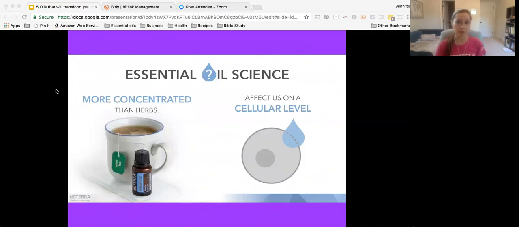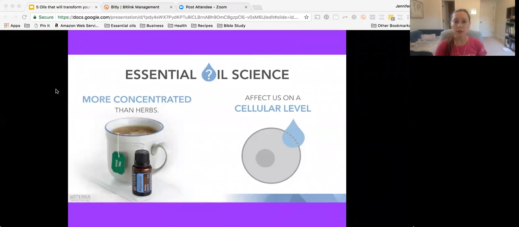If you figure that 1 to 2 drops is the standard serving, and even if you're doing that 2 to 3 times a day, those bottles are going to last you a while. It really comes out to a very cost affordable health option. It's pennies per dose when you break it down. That's amazing, because a lot of people are spending a lot of money on over-the-counter medications, pharmaceutical drugs, doctor's visits. Just imagine if you could cut that down, and have something that was available for you immediately in your house that was safe.